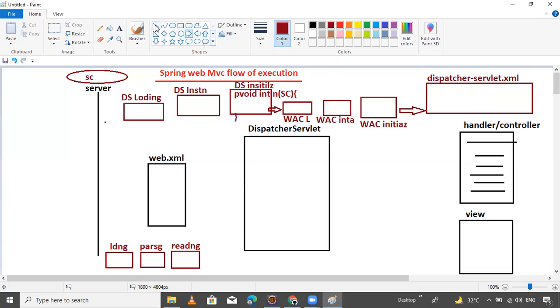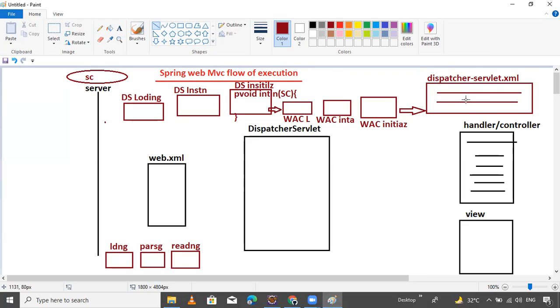Loading first: loading the Spring configuration file, the dispatcher servlet configuration file. Next is parsing and reading the content inside the dispatcher-servlet.xml file.